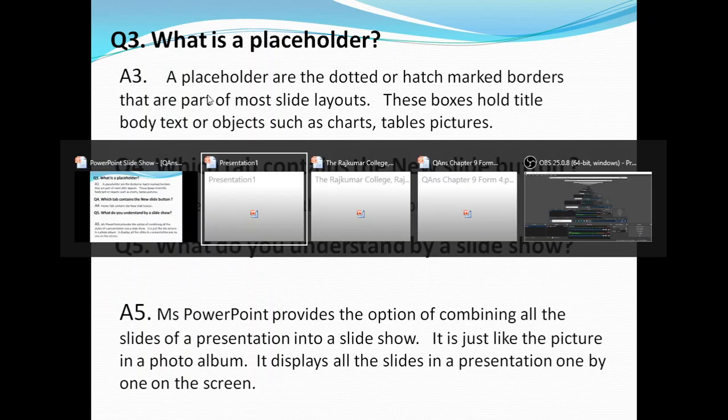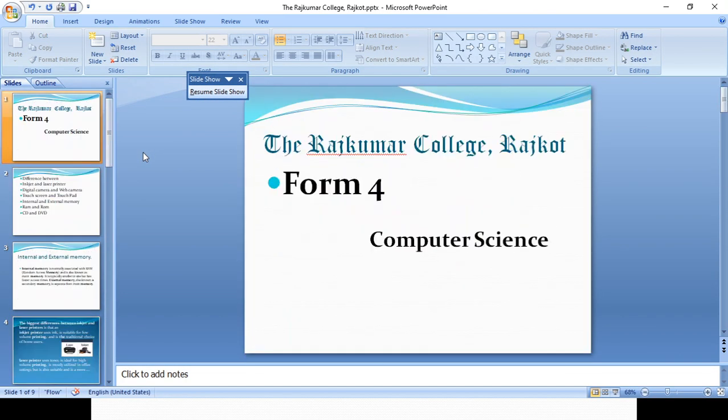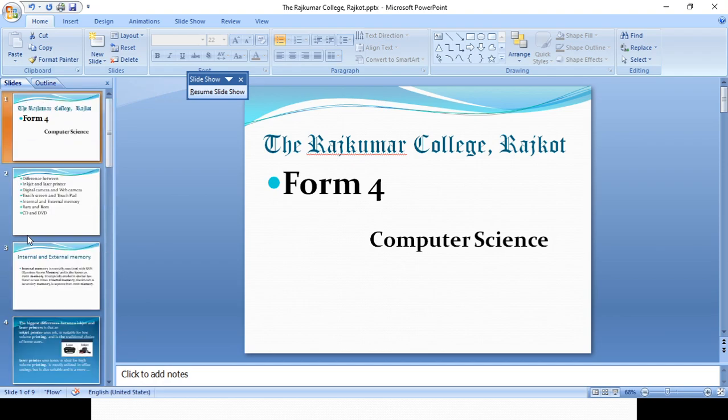Okay, now which one is that? This is the one. Now I would just like to do the slideshow. There is a shortcut key F5. I'll press F5. Now see how many slides I am having. 9 slides, right? I want to see these 9 slides on a big screen one by one after another.